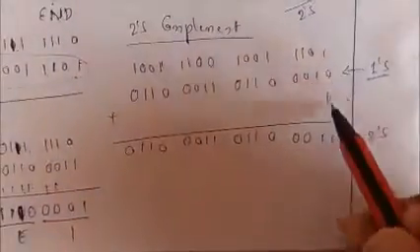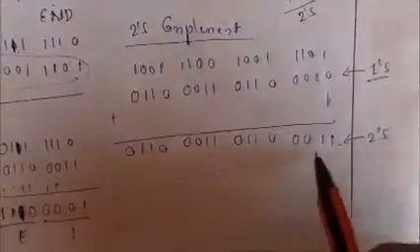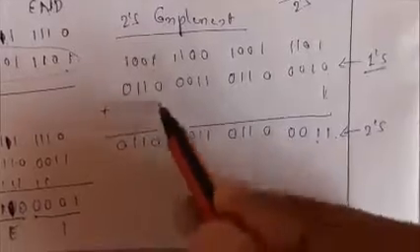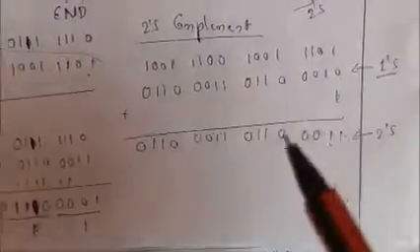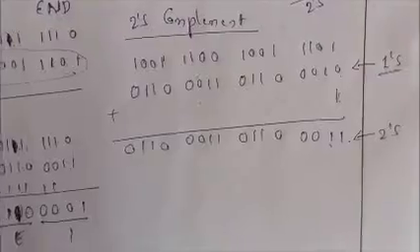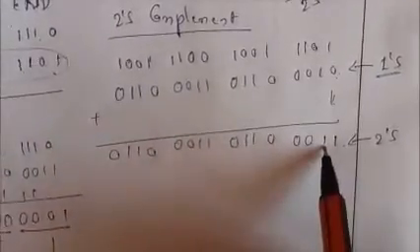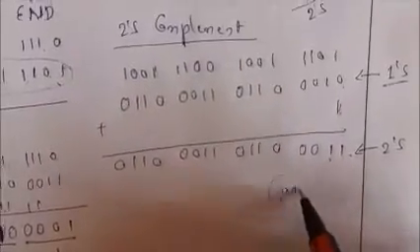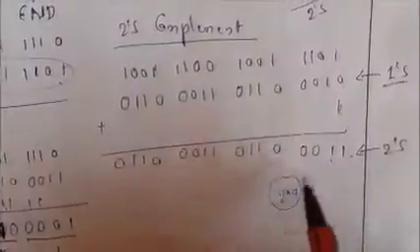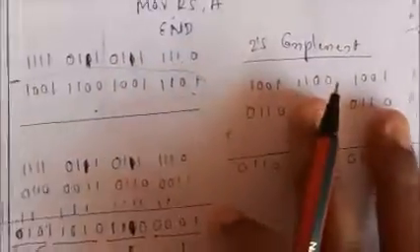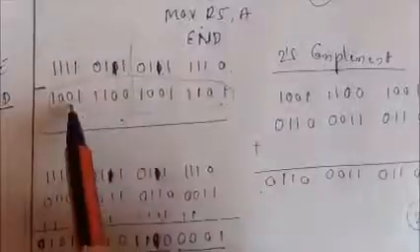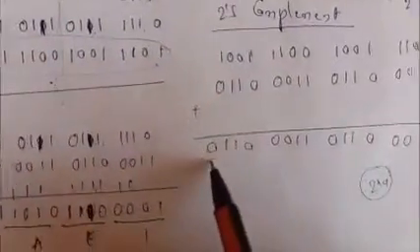So what will happen here? 0 plus 1 is 1, so you got this result. Here there is nothing to carry, the rest is complete 0, so you will get the same result. Is it clear? So this is my 2's complement number, and this is my present second number. Where is the first number here? This is my first number. So after the conversion, this is not my second number. My second number is this one.